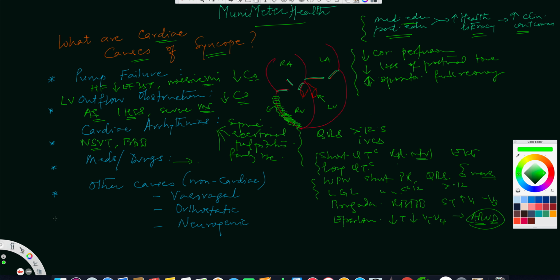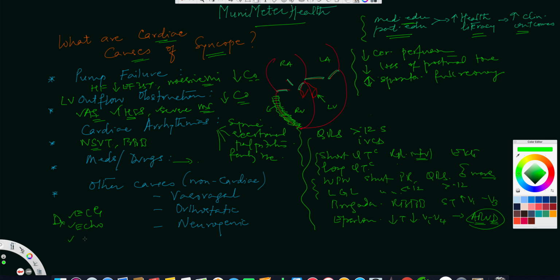Now, that brings us to very important places. What are the diagnostic tests that one would do? Obviously, you're going to do an ECG, because a lot of the things that we just enumerated here will be excluded or confirmed on EKG patterns, correct? Next, you would do an echo. Echo is a non-invasive test, and you could identify the heart failure, the ejection fraction. You could see if the patient has had or is having a massive MI, or any other causes of left ventricular outflow obstruction like aortic stenosis, IHSS, and severe MS, which will all be identifiable on an echo. Including an ARVD can also be seen on an echo.